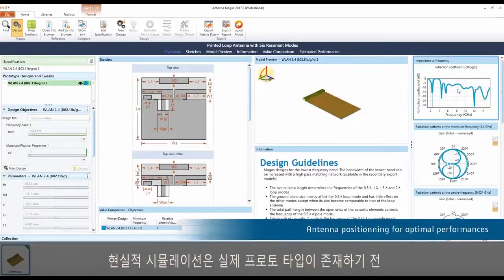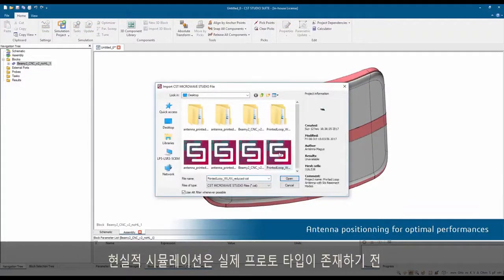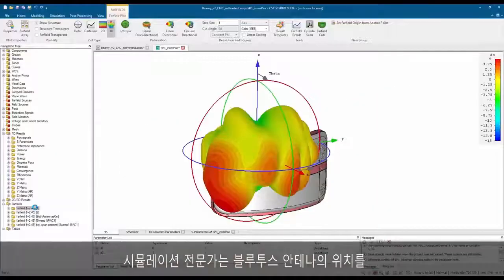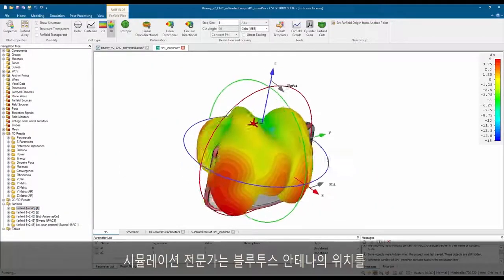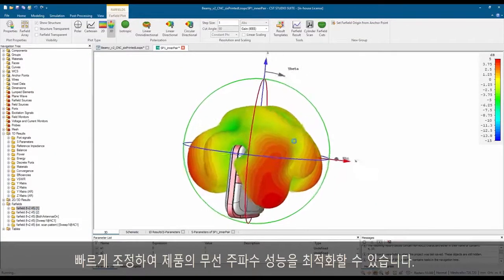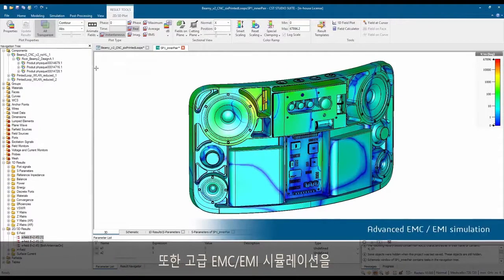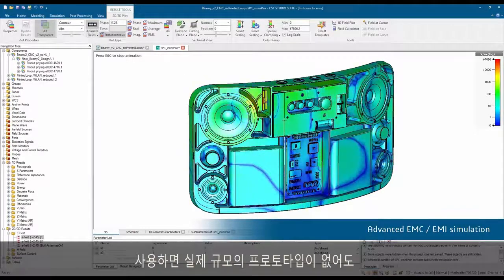Realistic simulation saves enormous time in evaluating design options before any physical prototype exists. Simulation specialists can rapidly adjust the positioning of the Bluetooth antenna to optimize the product's radio frequency performance. Also, with advanced EMC/EMI simulation, force fields can be shown on and around the designed object without the need of